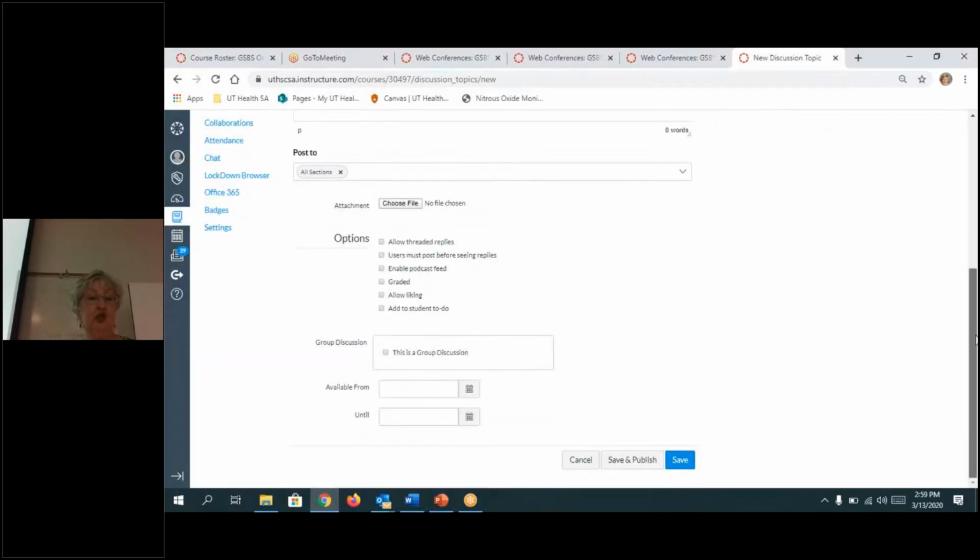So as you go down, you can see here it's available. Who do you want to invite? All sections? Is it just a certain group of people you want to invite? So there's multiple ways to do this. It just depends on how comfortable you are using this tool, and the more you use it, the easier it'll become.